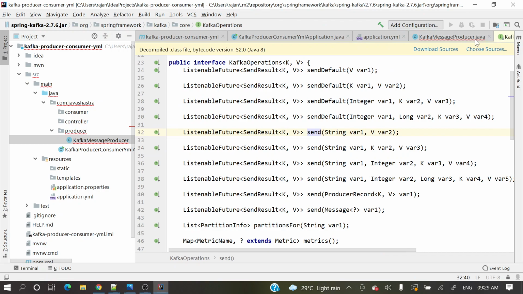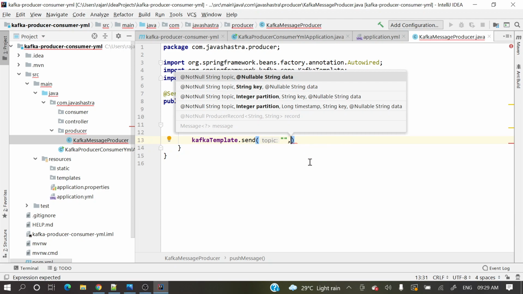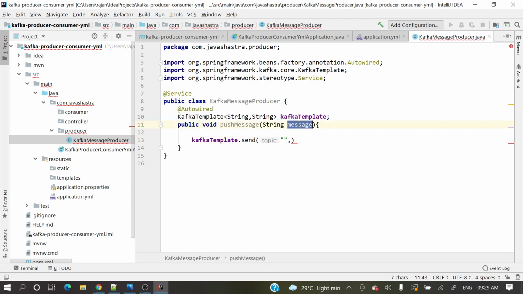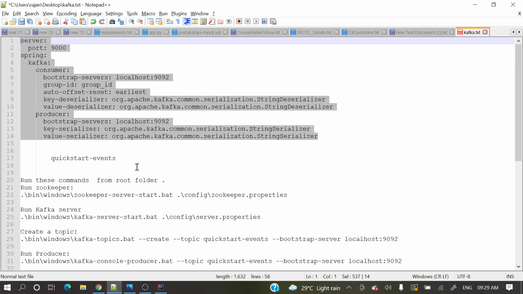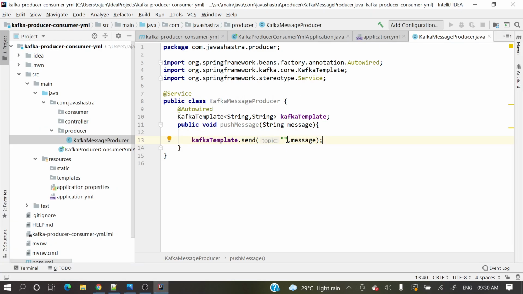Okay, sorry, let's take the first one. What is the topic? I have already created a topic in my Apache Kafka. Let me check, I have that topic handy. So this is the Kafka topic I have, and let's put it here.